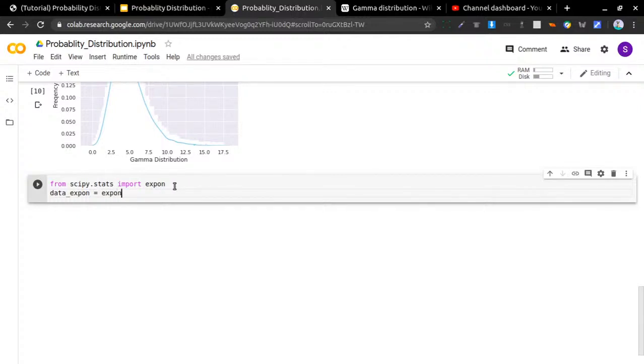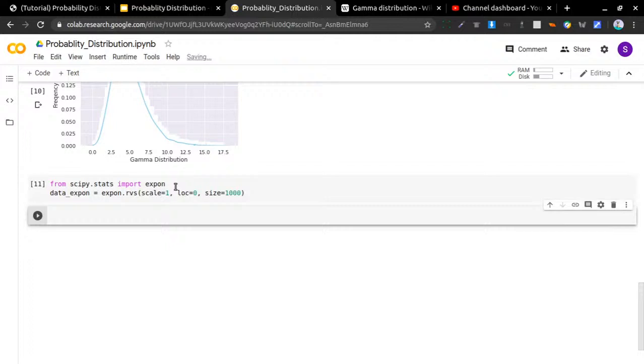So expon.rvs, then I am passing one scale parameter and setting it to 1. Then loc, which is the starting point, I will set at 0. Then the next parameter is size, and I am going to set this value as 1000. Let's execute it. So it is successfully executed.